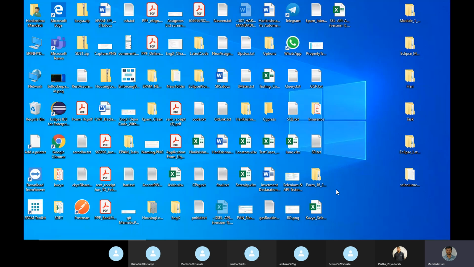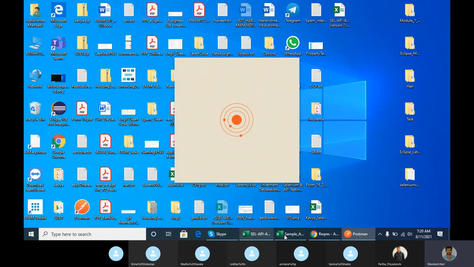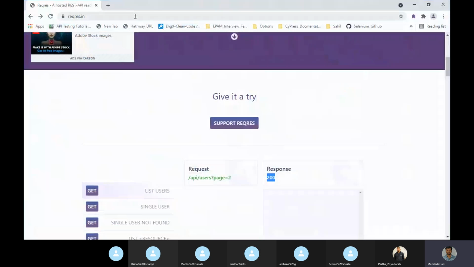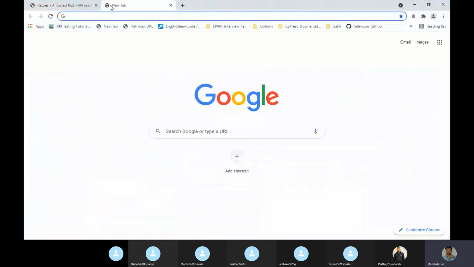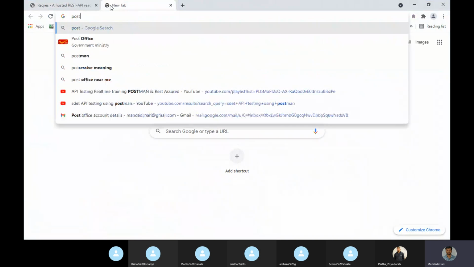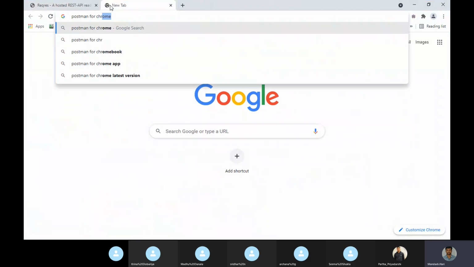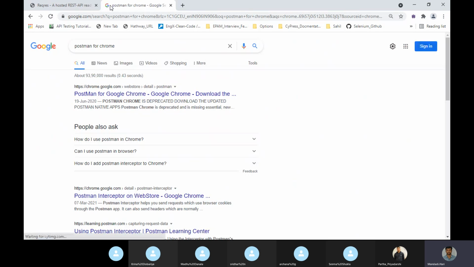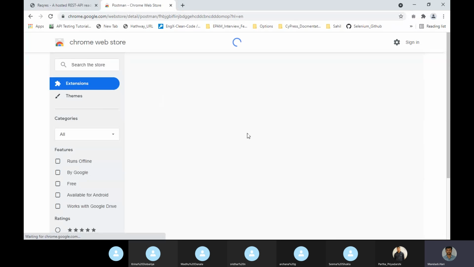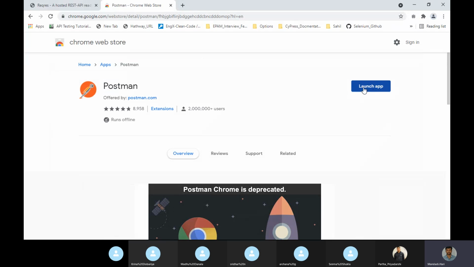I already installed Postman. If you want to install Postman, go to the browser, Google Chrome, search for Postman for Chrome, and you will get the first link. Go there and you will see Install App.